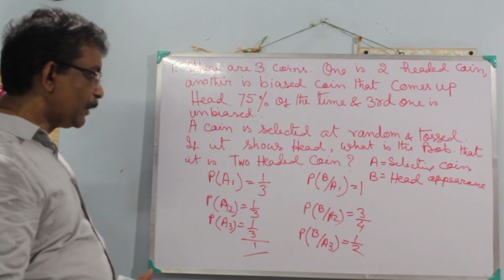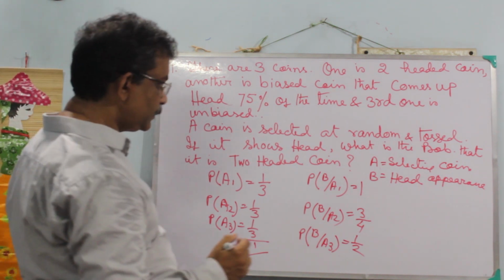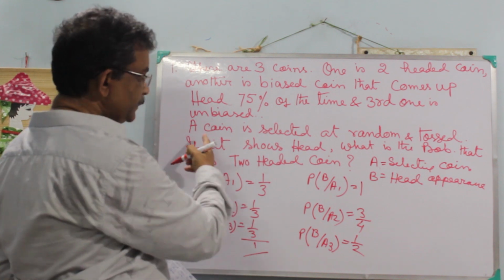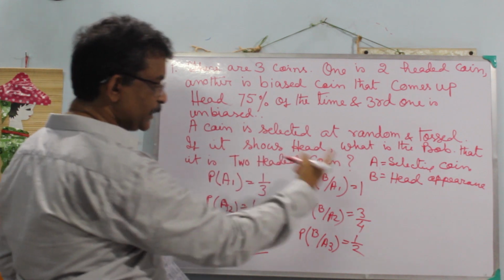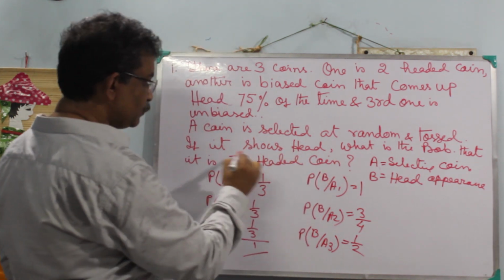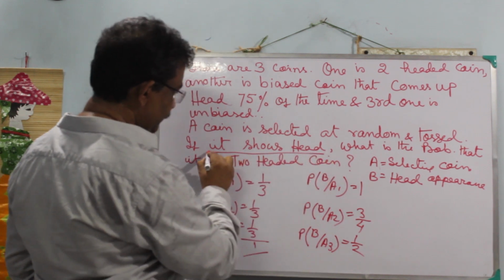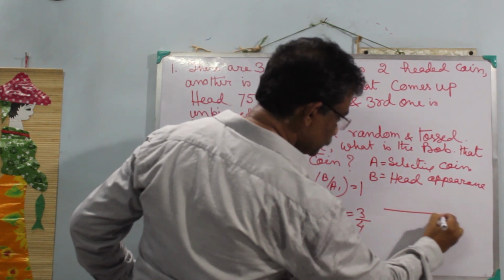Now, according to the Bayes theorem, what is required? A coin is selected at random and tossed. It shows head. This is the given condition. It shows head. So according to the Bayes theorem,